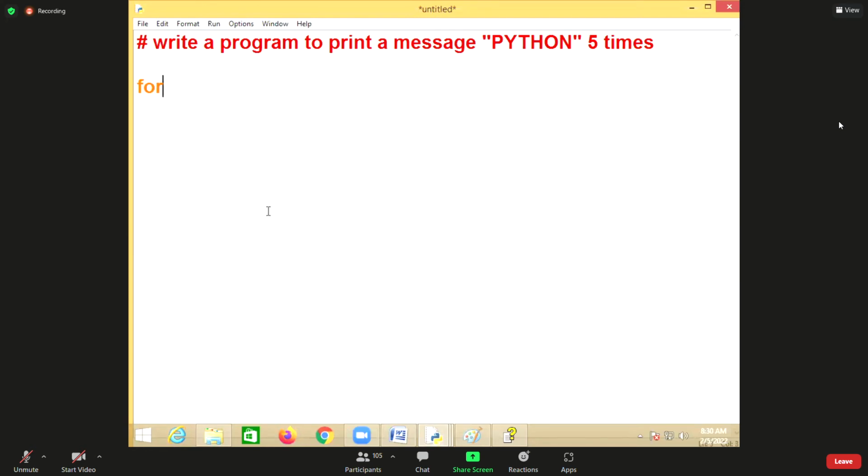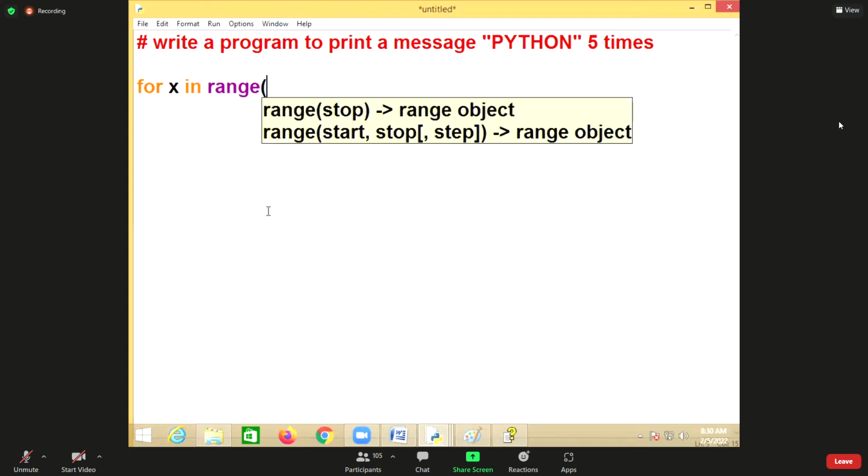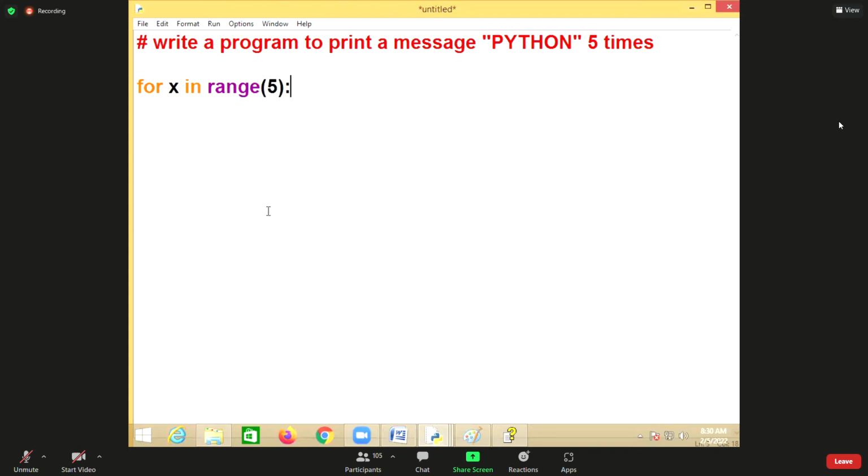So what should I write here for any variable, some x in range of, can I write 5? 5 means how many values does it generate? If it is 5, how many values are generated? 5 values.